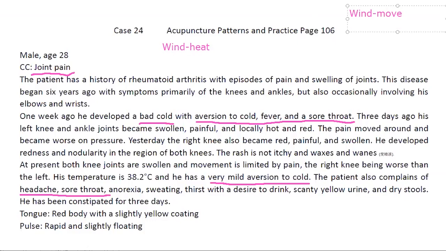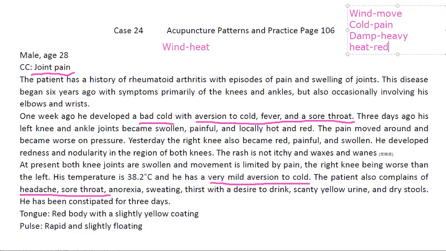We have cold Bi; cold Bi is more painful. And we have damp Bi; damp Bi is more heavy. And then we have heat Bi. Heat Bi is swollen and red,